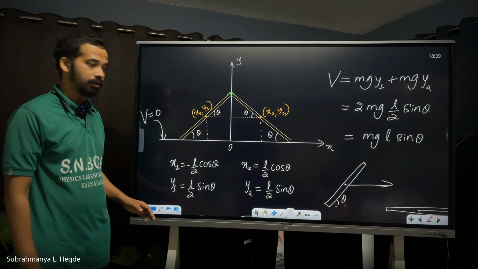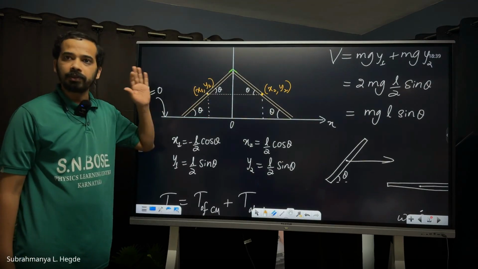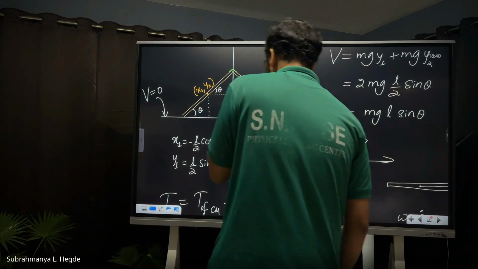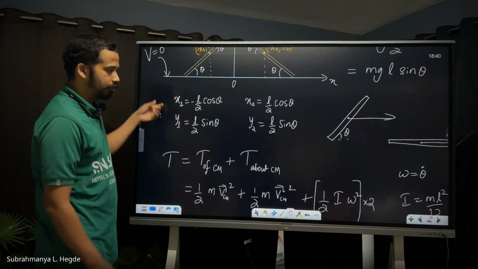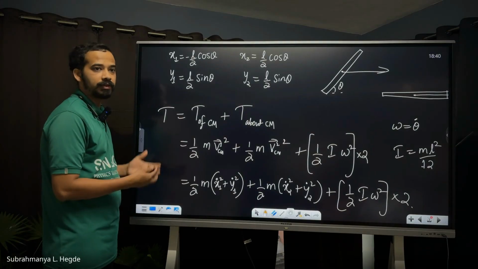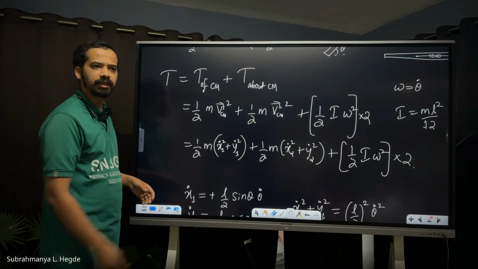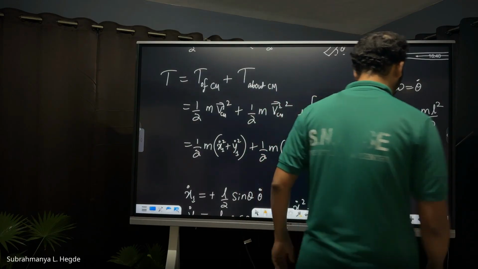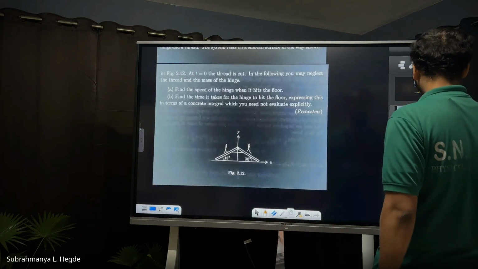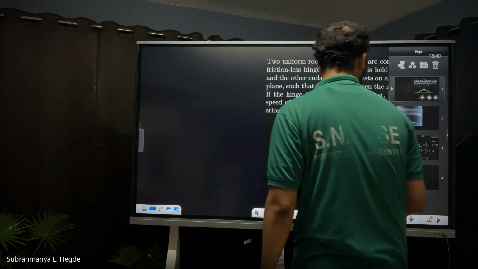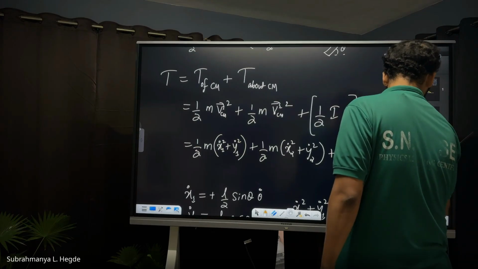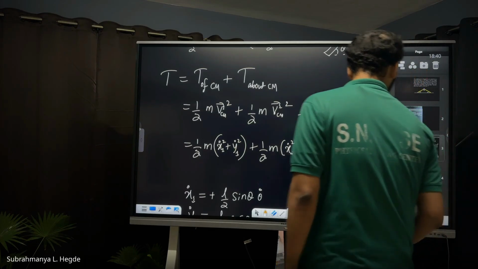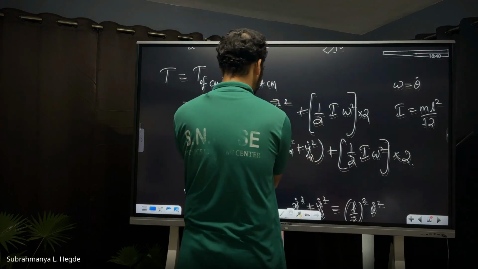But to apply the conservation law also, you should have a clear-cut idea. It's a rigid body, so you always have motion of the center of mass and motion about the center of mass. You do the further step, because what if they ask what is the Lagrangian or give some other initial condition? And define the problem. That approach may be superior, the Lagrangian approach. But what I do now is, for the exam, let us not